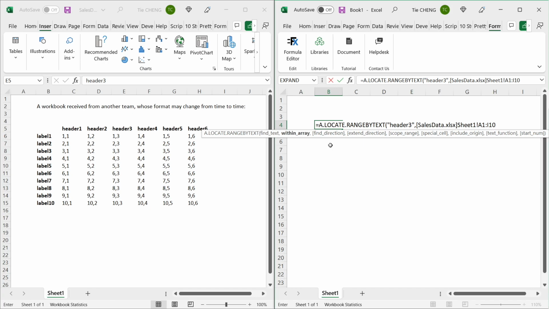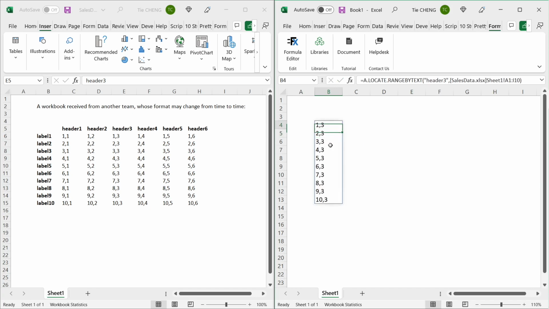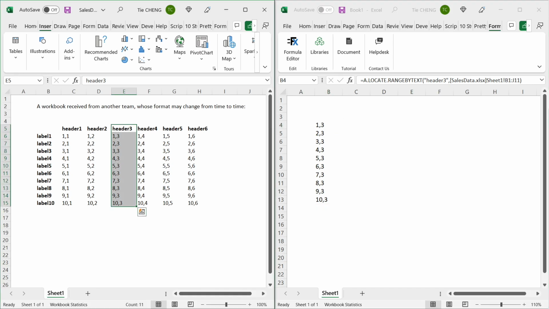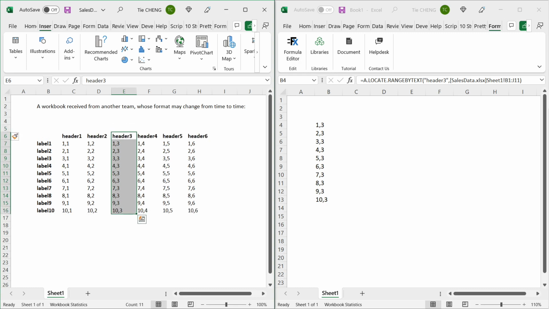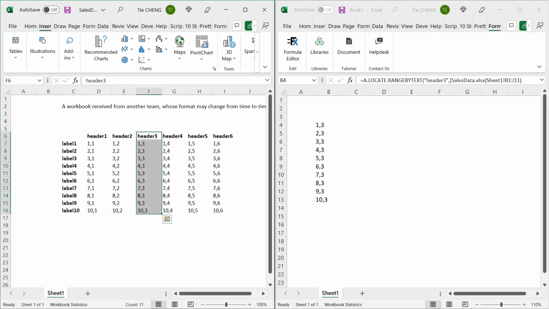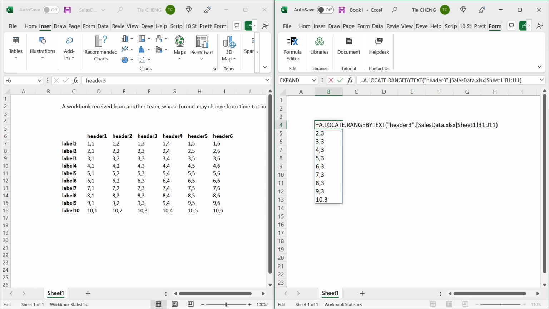Then the function will find the header 3 and return the data below it for you. So as long as you implement such a formula, no matter where header 3 is week after week, the formula always locates the exact range. This is how you build fully automated spreadsheets.